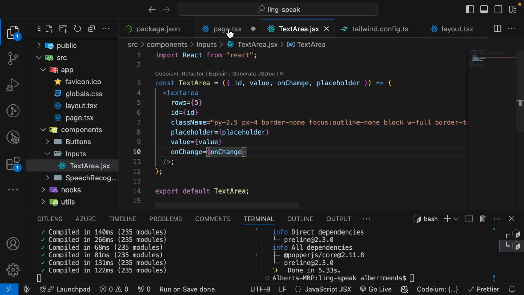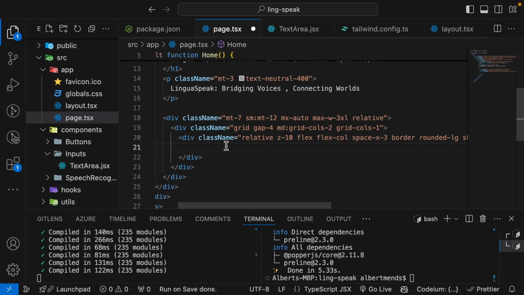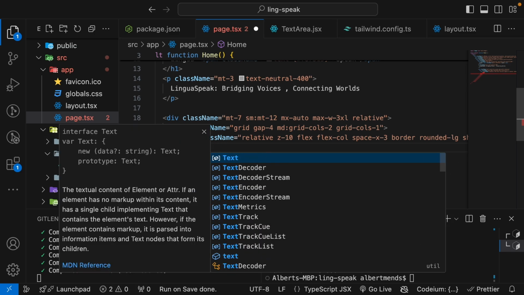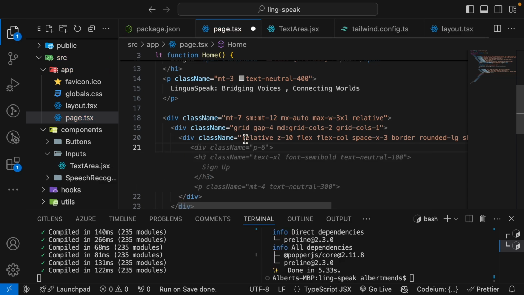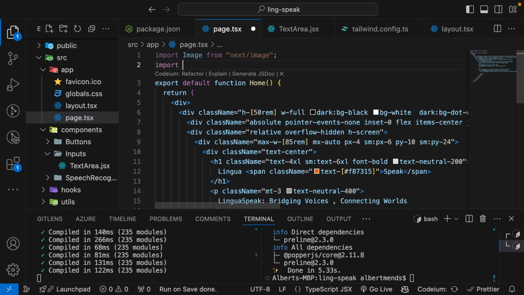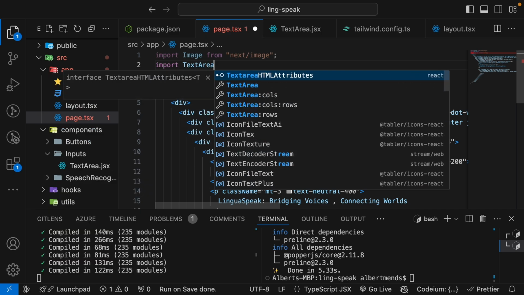So let's get back to the page.ts file, and we are going to import the TextArea. All right, so let's move to the top here, import TextArea